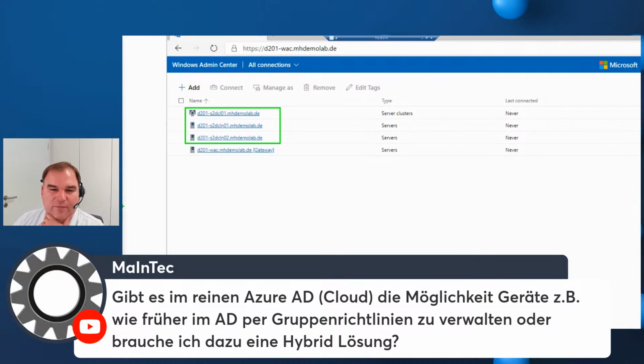I will translate it. We have in an Azure AD cloud the ability to manage devices per group policies, or do we need a hybrid solution? So the question is, is it possible if I'm using only Azure Active Directory, so it's not related to the Windows Admin Center demo here, is it possible to use group policies to manage, or do we need a hybrid solution? If the question is really, can I use group policies? Then the answer is we need a local Active Directory, because traditional group policies are not available in Azure Active Directory. But